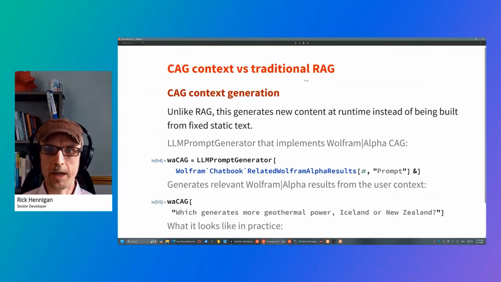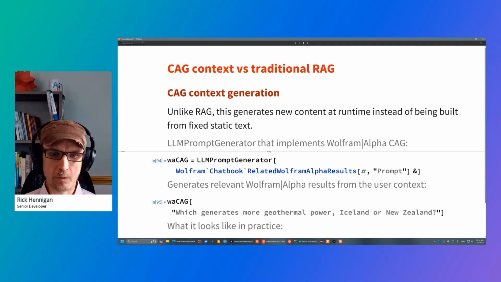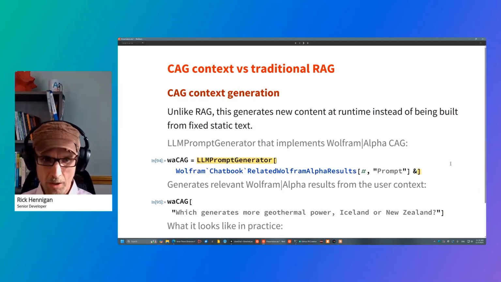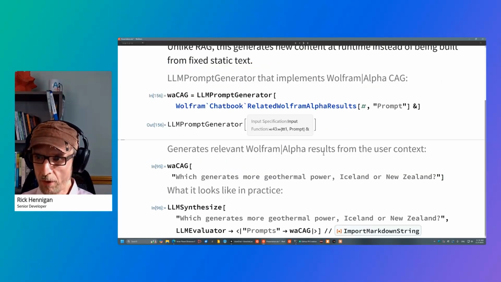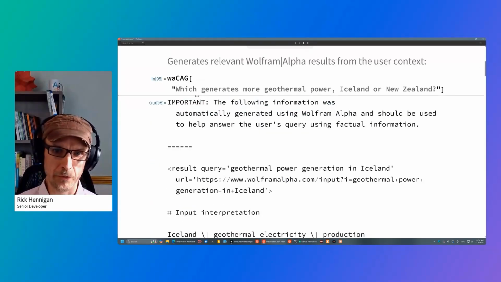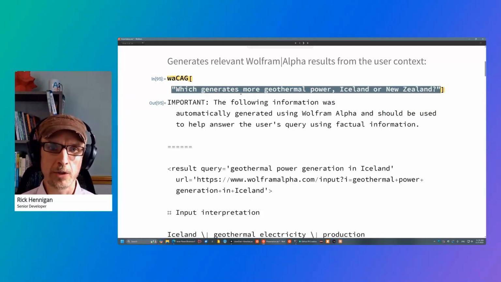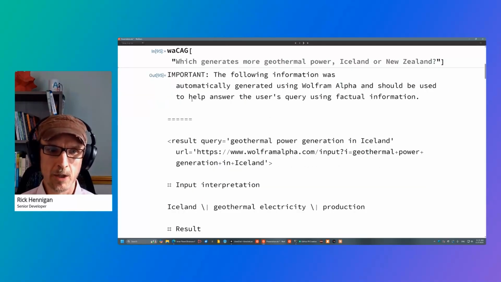Okay, so CAG, on the other hand, is not just fixed content you're using as the source to inform the LLM about facts it should use to generate responses. So here's a new one, which Notebook Assistant isn't using yet, but it is being used in places that I'll talk about later. What this does, and again, this text is meant for the LLM to read to inform its response, not for human consumption, is take a user's question, feed it in there, and it automatically pulls in